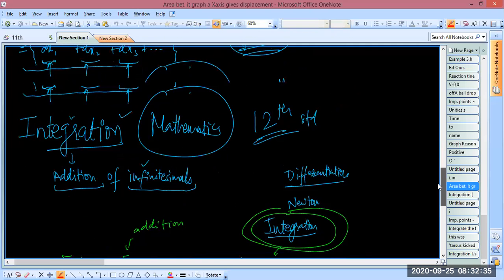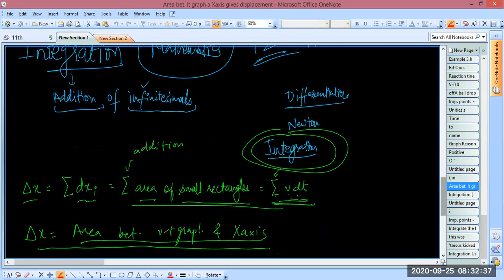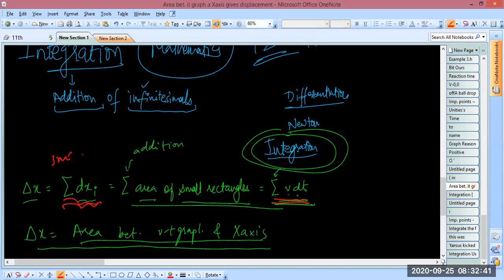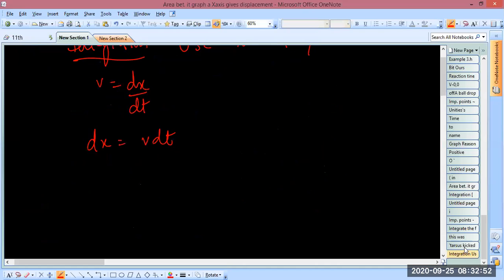I wrote that when we add v dt, that is, we add all the small displacements, right? When we add all the small displacements, we are basically adding v dt, so that's what we are doing, integration, and we are getting delta x. So finally, what I'm saying is, if we integrate this,